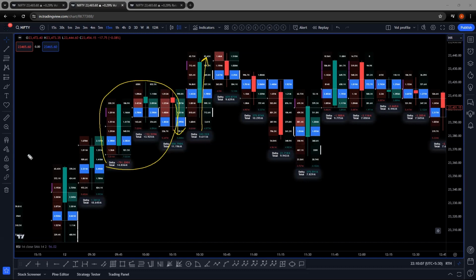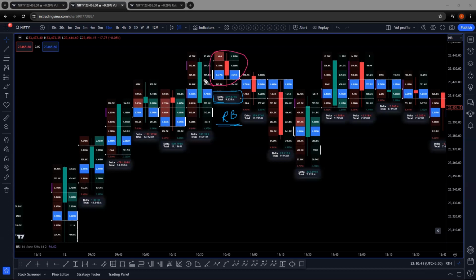So what happened here? At this point, very simple, they bought the market up. You can see a red color candle formed here, right? There is a red color candle, but your delta is green. So they bought the price higher. They started pulling in more retailers. So retailers started buying here at this point, which turns out to be the day high at that time. It turns out to be the day high.